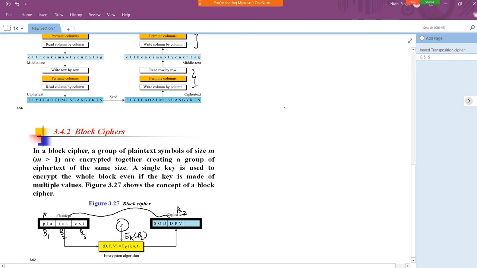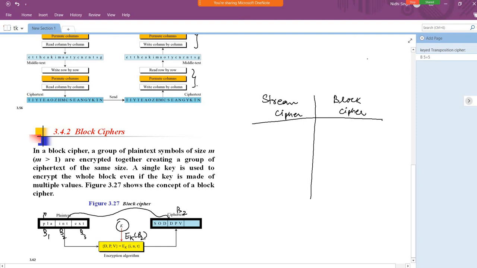Now the homework is that you have to identify, from the whole symmetric key ciphers that I taught you, that is the additive one, the multiplicative one, Hill cipher, Playfair cipher, linear cipher, which one is a stream cipher and which one is a block cipher. You have to categorize by your own. So you have to read and identify.